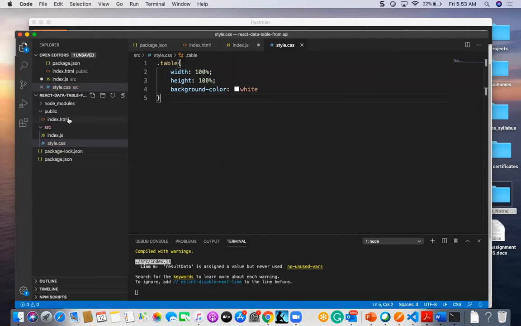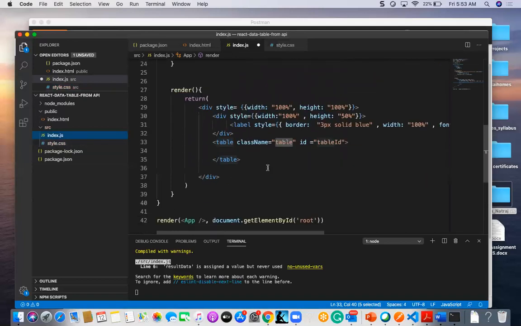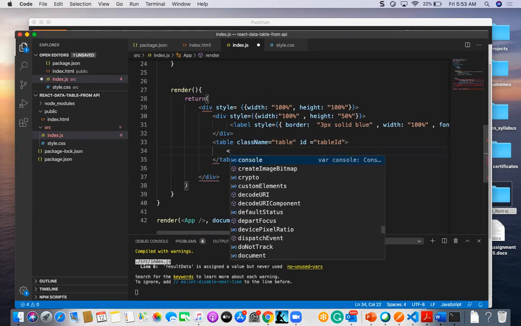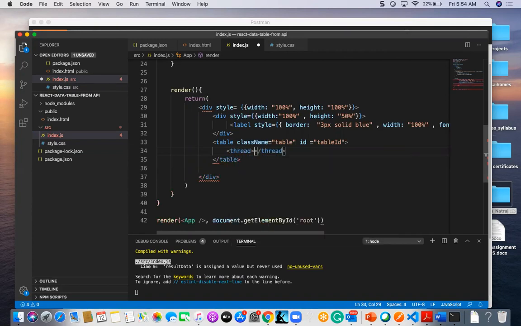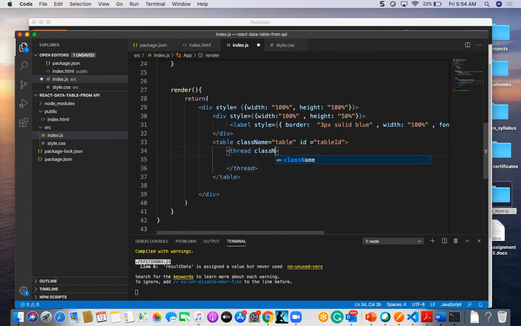Now I am going to go for the table header, thead, and I'm going to mention the class name, which is table header.